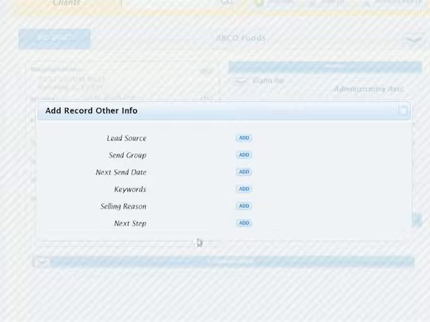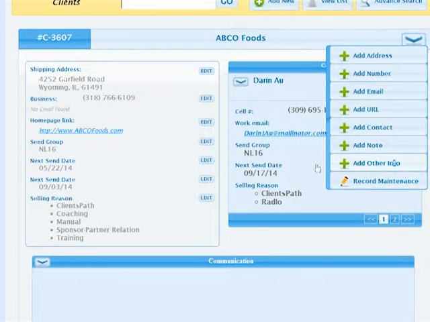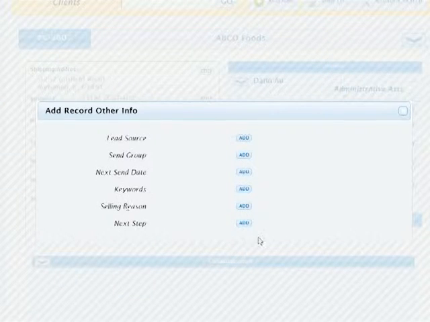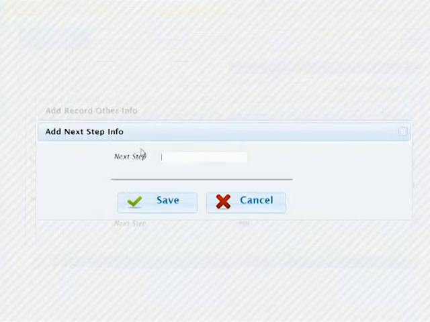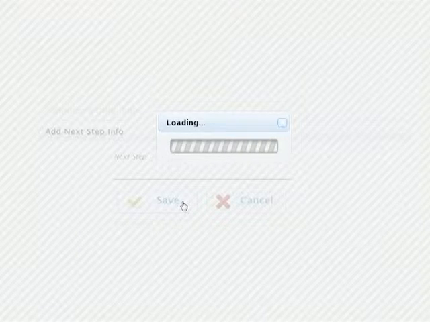And we have the next step field, which we have discussed on the comms, just to indicate what the next step is and be able to see it real quick. So for example, if the next step for this client is to send the catalog, we can just write that in, and that will be indicated on their customer record.